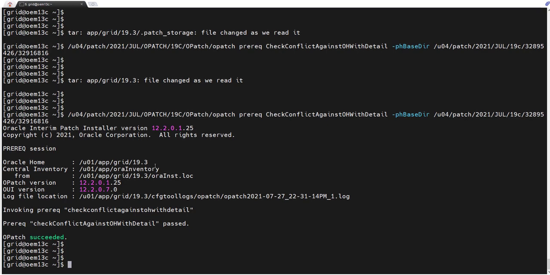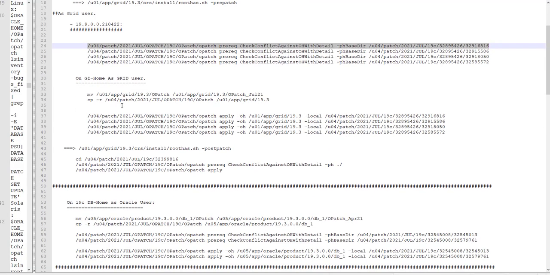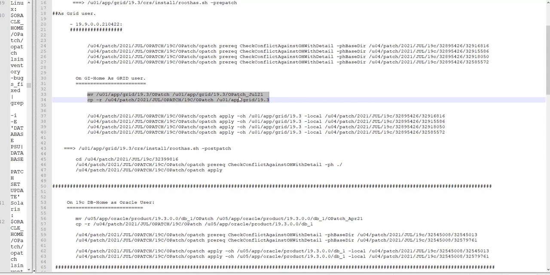Oh, this is the conflict check. So let's go. This is what we need to apply. For that, we need to update the old patch inventory, or OPatch, in the grid home.